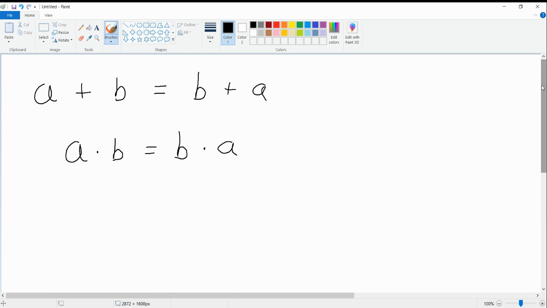Now this will only work with addition and multiplication. We won't be able to do this with subtraction or division. But for addition and multiplication, this works really well. So if we clean our board off here,